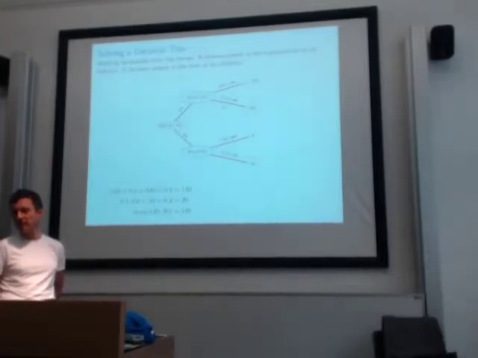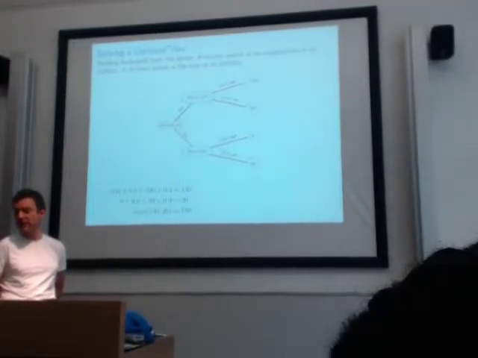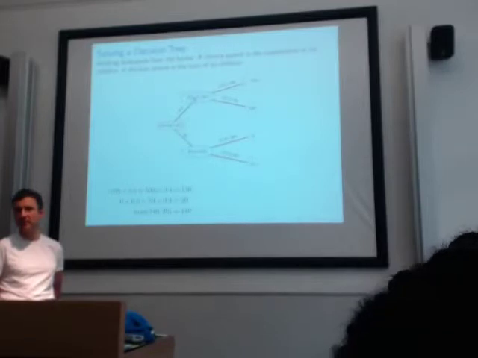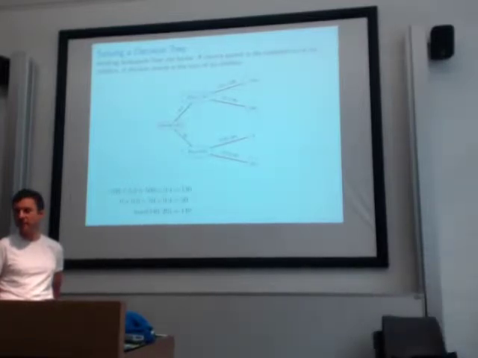If it doesn't rain, I get 500 utility. So the expected utility of this node here is the sum of 0.4 times 500 plus 0.6 times minus 100, which is